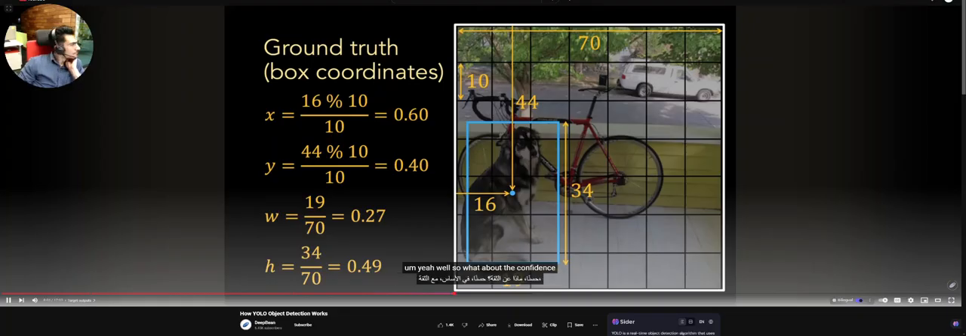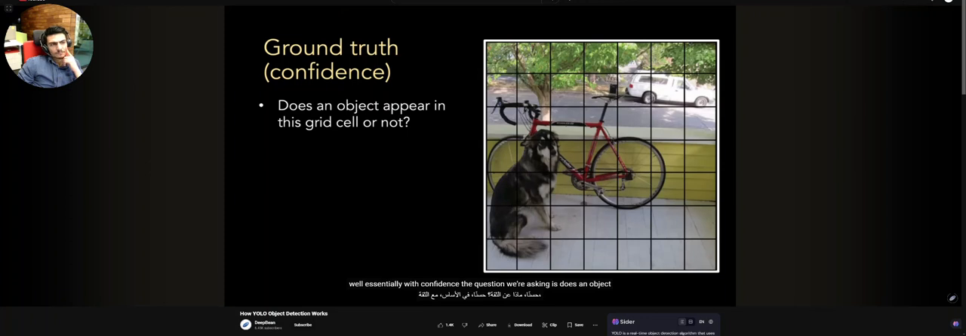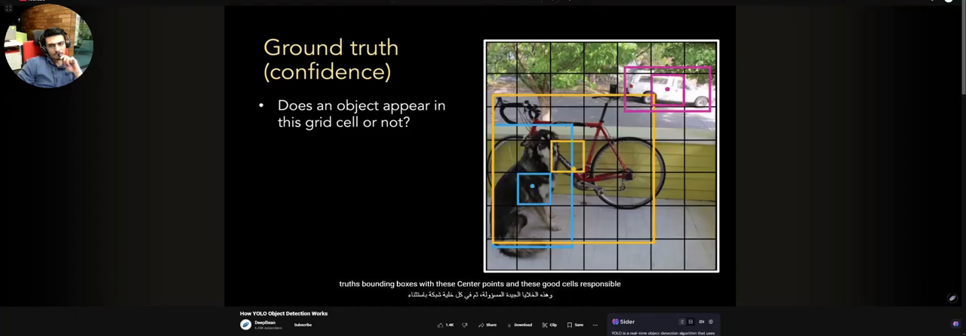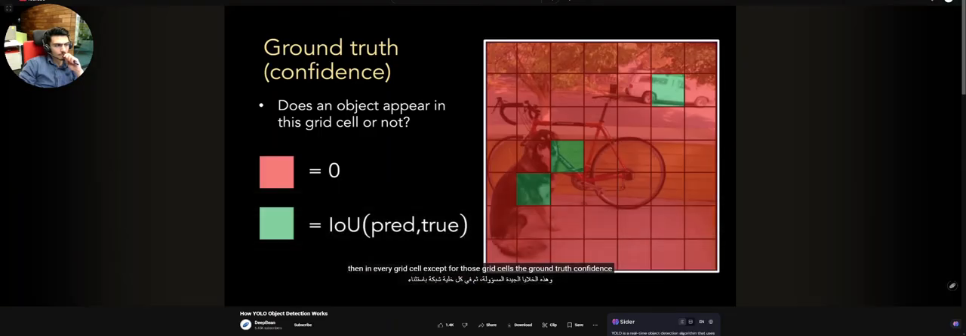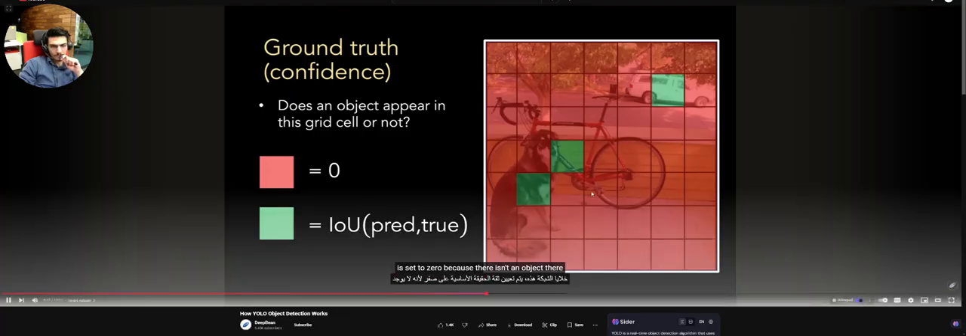So what about the confidence? Well, essentially with confidence, the question we're asking is, does an object appear in the grid cell or not? And confidence is the score attached to the positive answer of that question. So let's say that we have these ground truth bounding boxes with these center points and these grid cells responsible. Then, in every grid cell except for those grid cells, the ground truth confidence is set to 0 because there isn't an